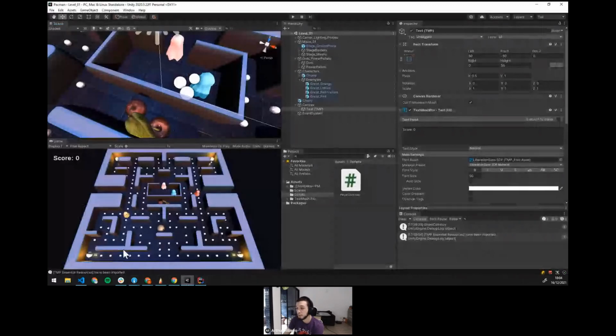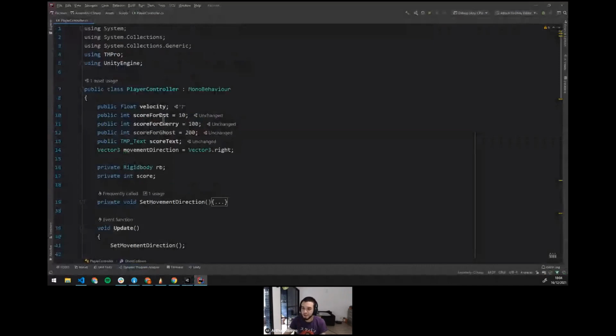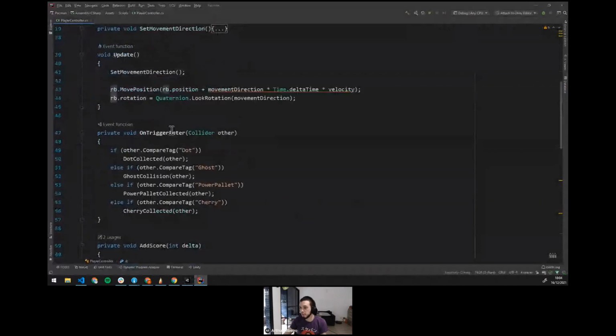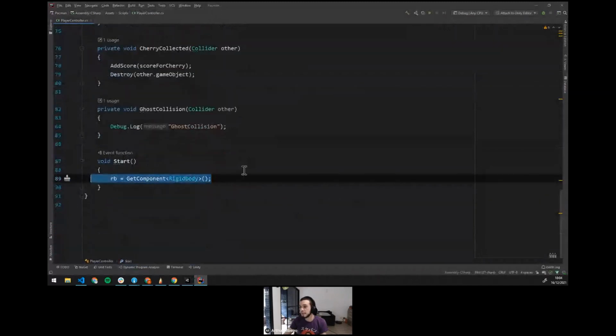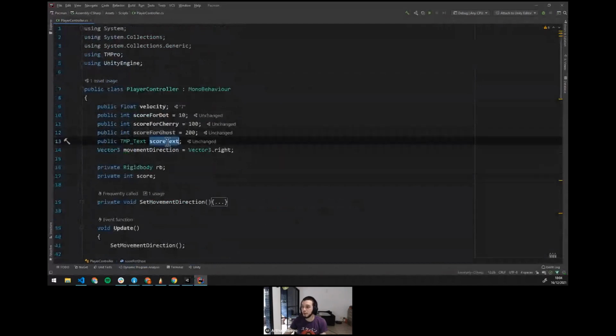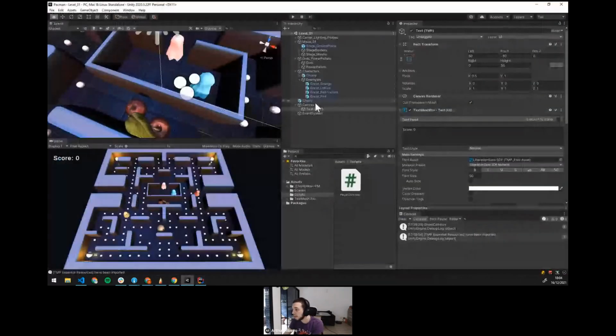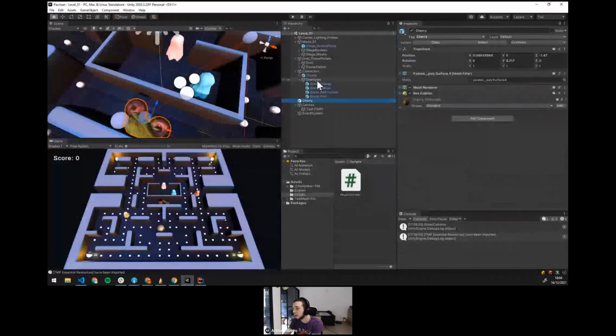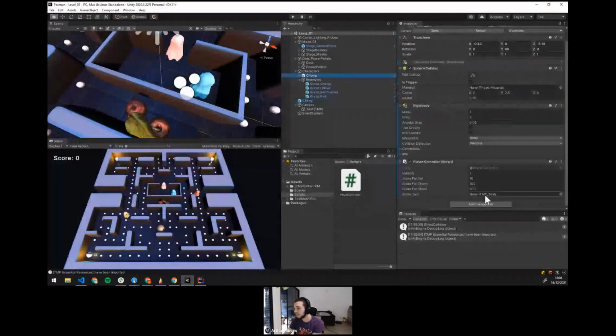Now, if I were to play it right now, I just declared that I need a reference to the score text. But unlike the rigidbody, which we got from the same game object, this one we don't have for now. So we need to come to the chomp here. And you see, you have this field for the text. So we just go to the text and drag it here. And now we have set that reference instead of just wanting a reference. So if I play it,